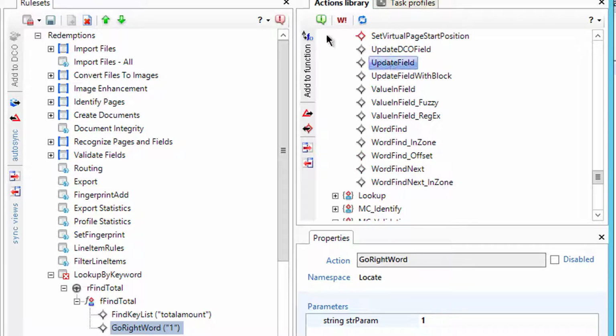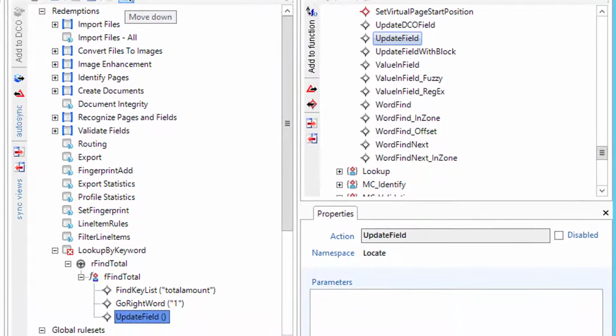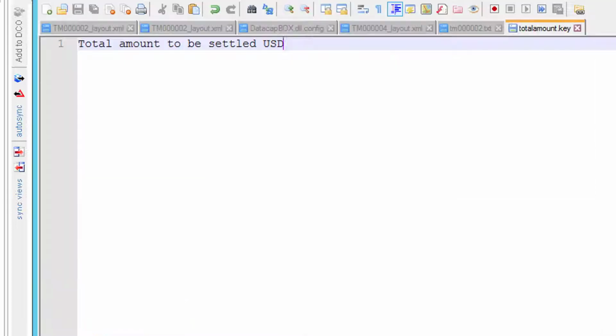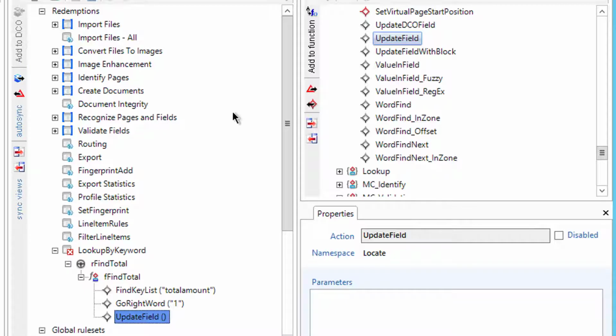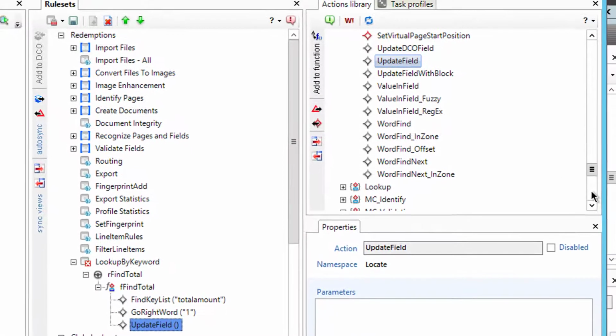update field. So this will copy the value that's currently under my cursor. Remember, I found that text. I want right 1 word, which is going to be that total. It might be 2 words, because if I look at that document again, let's go look at that text file. It might be 2 words. No, it's 1. Okay, so it's 1 word, so it's the next word over. I'm going to go right 1 word, update the field, and then you can do some validations on this as